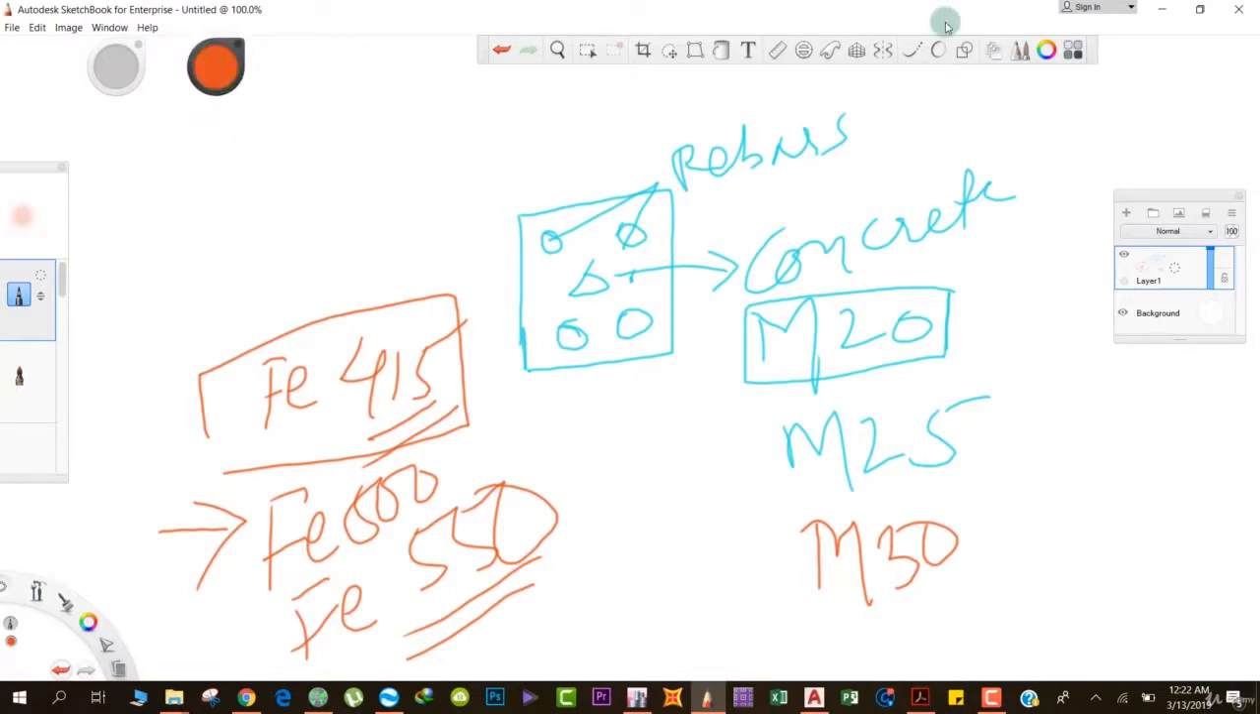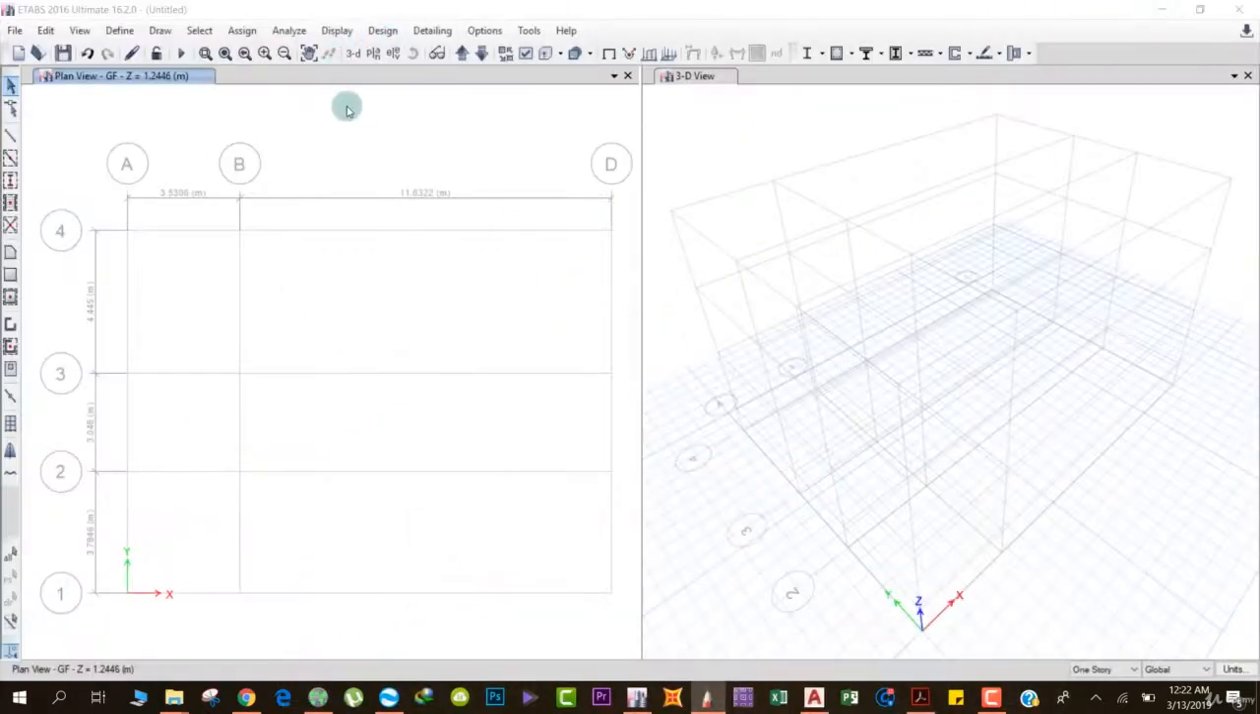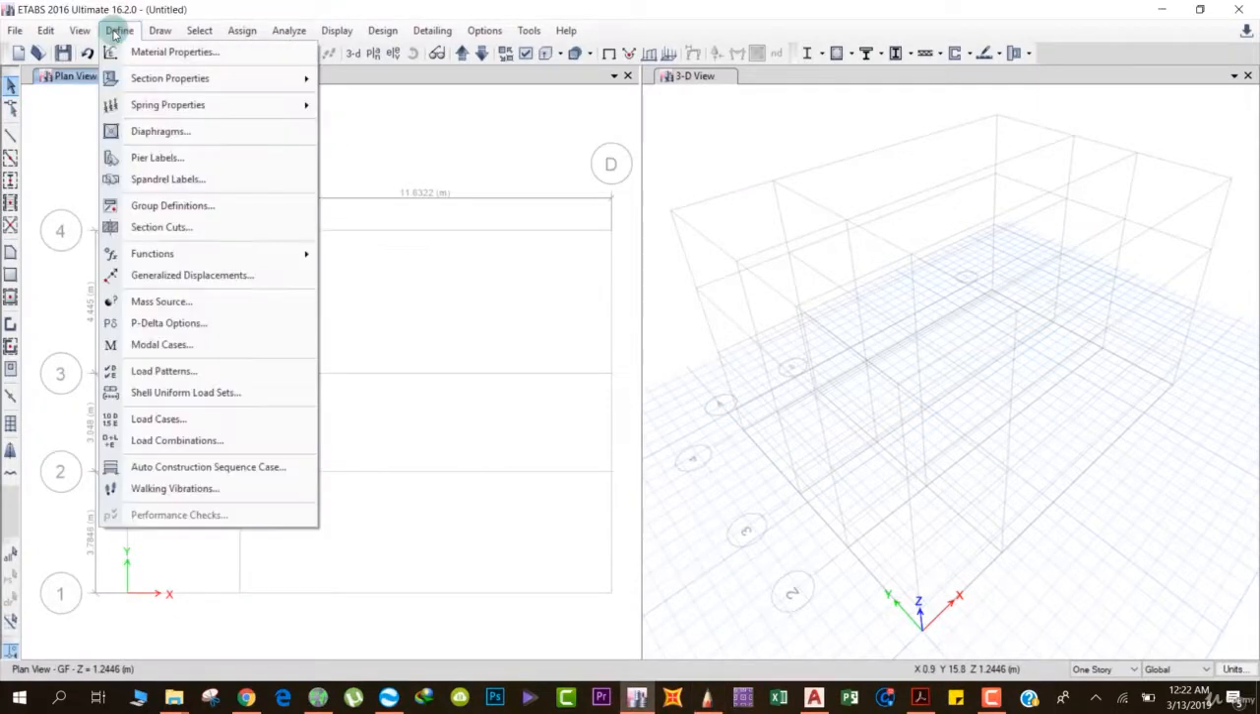So we have to tell ETABS what materials we are using in our structural members. Here we are using concrete and the rebar. We have to tell ETABS we are using this grade of concrete, and also we have to tell ETABS we are using this grade of steel. So we'll do this, okay. And for that we have to go to Define, and from here click on Material Properties,